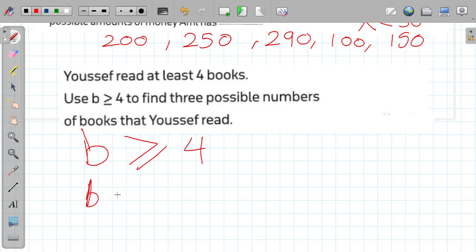the number of books is 4 because I have the equal sign here. Maybe b, or the number of books, is 5. Maybe the number of books is 6. Okay, maybe 7, maybe 8, maybe 9, maybe 10. Okay, so I want all integers that are more than or equal 4. Okay,